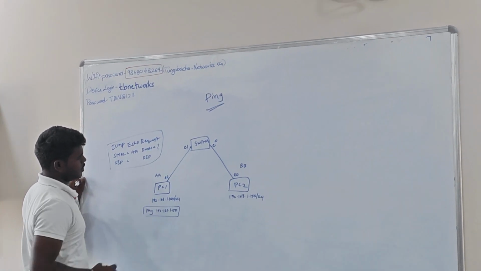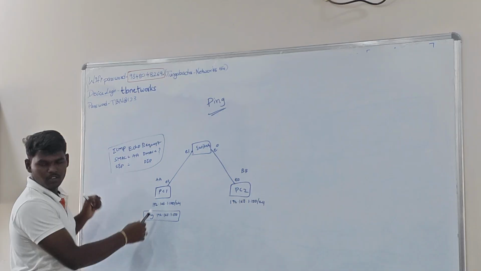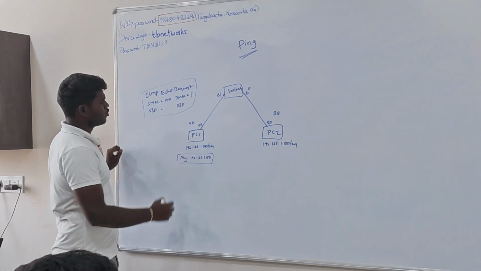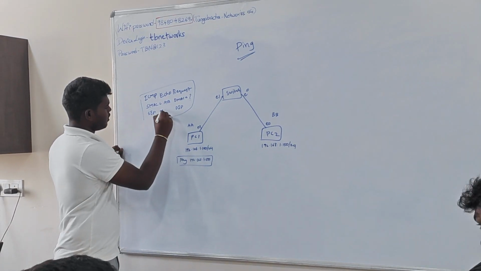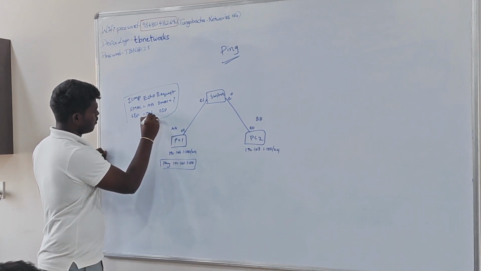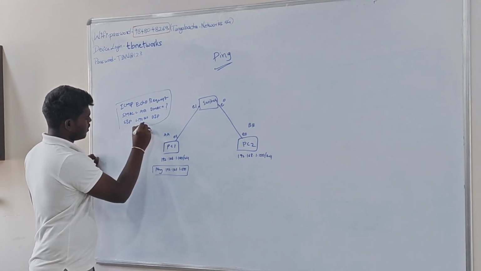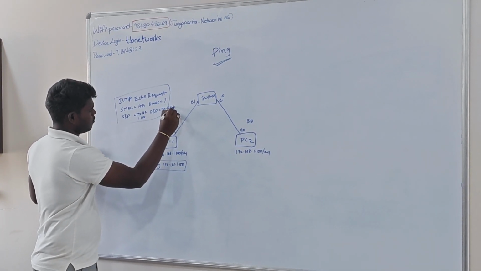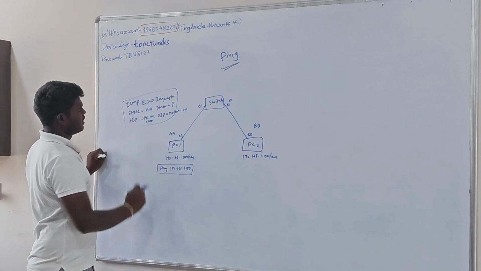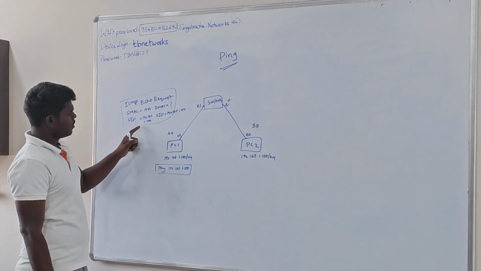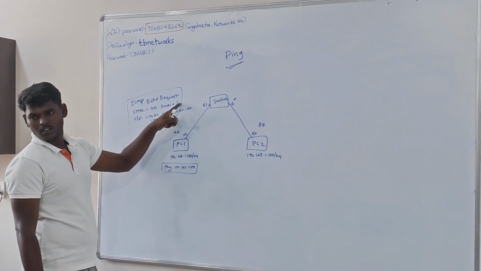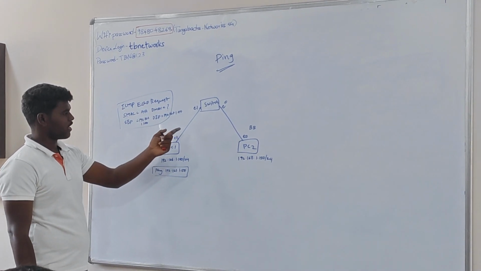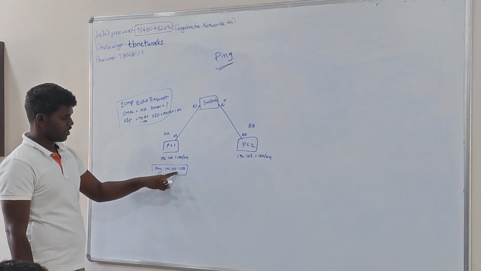We don't know the destination MAC because PC1 doesn't know the MAC address of PC2, so it will be unknown. Here the source IP is 192.168.1.100 and the destination IP is 192.168.1.150. This is the destination IP. So here we don't know the destination MAC, so for finding the unknown destination MAC address based on this IP address,